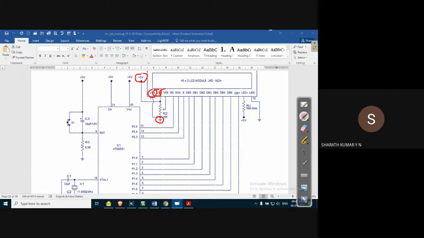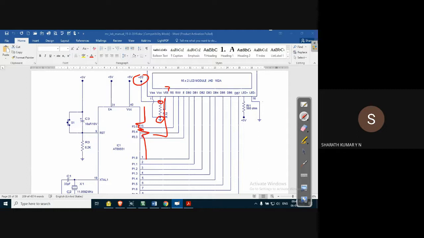Pin number 3 is for contrast control, for which we make use of a potentiometer. One end of the potentiometer is connected to VCC, and the other end is connected to ground. The midpoint of the potentiometer is connected to pin number 3.